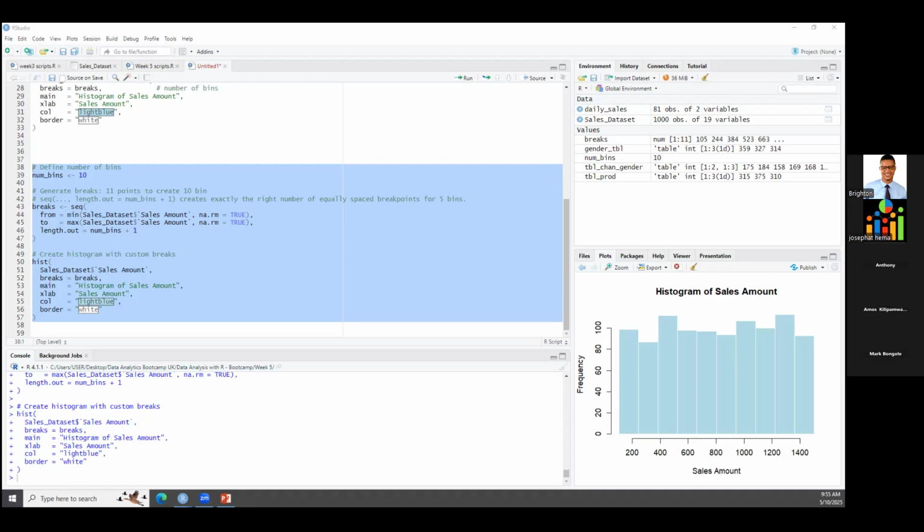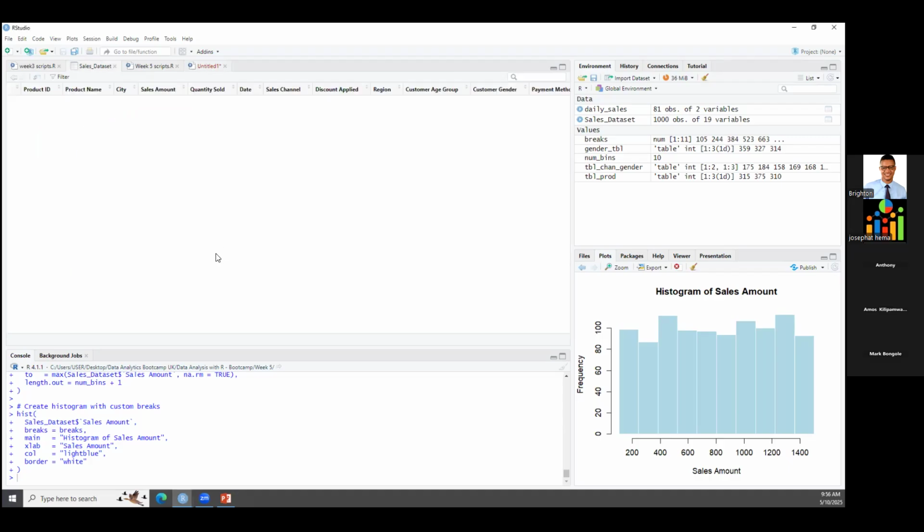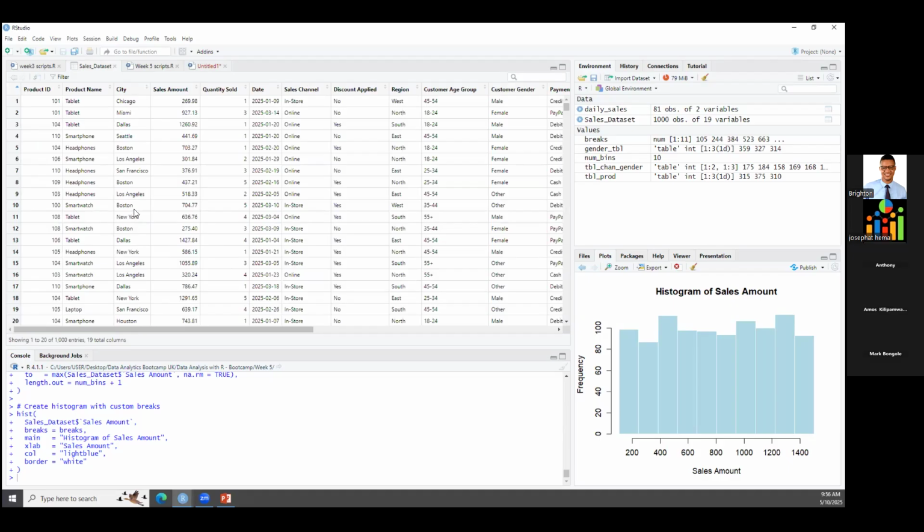Now, still on histograms, let's see one more example of a histogram. Let's say you want to assess customer satisfaction. If I go to my sales dataset here, you can see the dataset has product ID and product name. So the ID of the product is 101 for a tablet. There's a tablet for 104 as well,